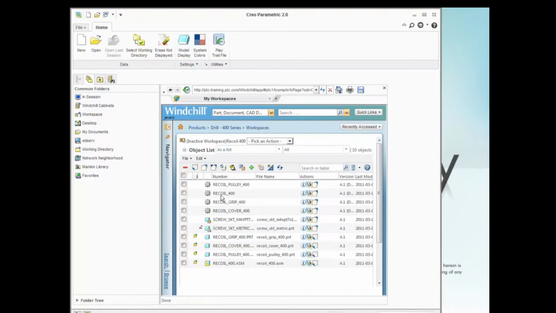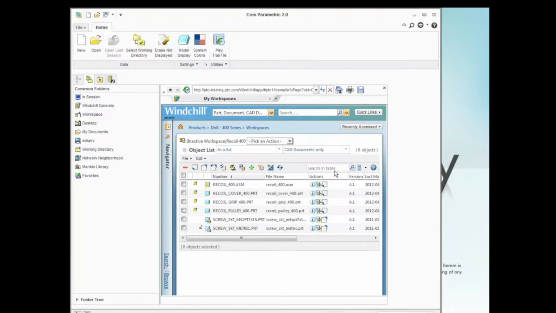Change to the CAD Documents Only table view. We access this by using the Pick a View drop-down menu. Observe the general status of the CAD documents, and notice that both checked out and non-checked out CAD documents are being displayed. To modify this table view so that only the checked out CAD documents are displayed, first we must